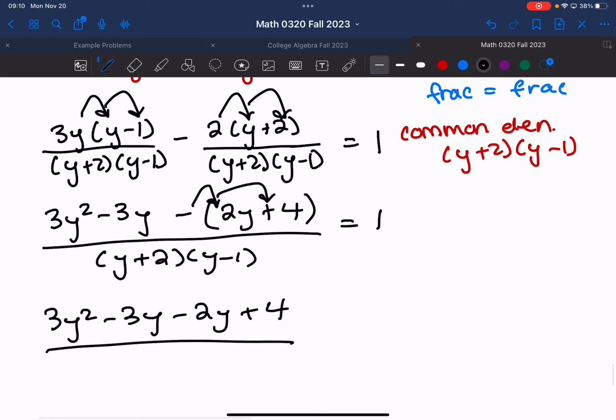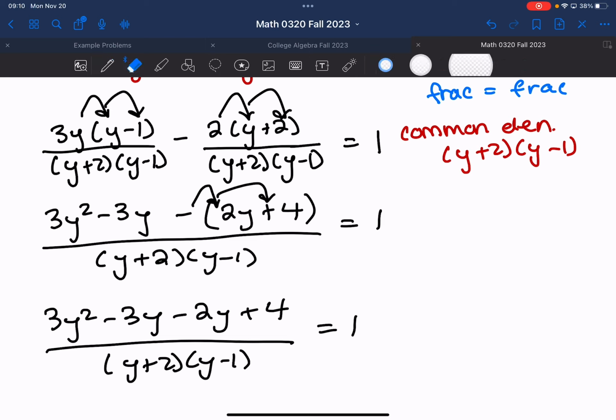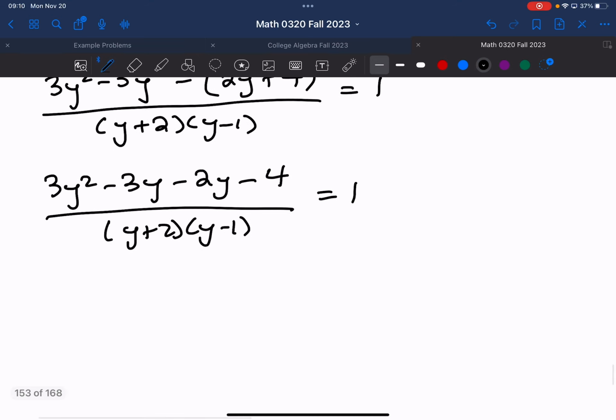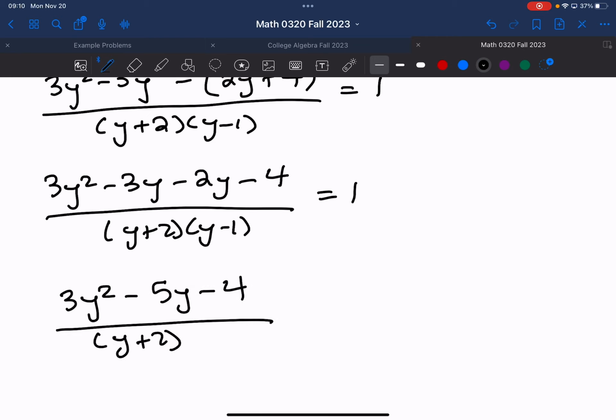Okay. All over the common denominator. Minus 4. Minus 4, thanks. Okay. Now I'm just combining like terms. So I have 3y squared, that's by itself. Negative 3y and negative 2y gives me a negative 5y, and then that minus 4. So I have 3y squared minus 5y minus 4 over y plus 2 times y minus 1 is equal to,